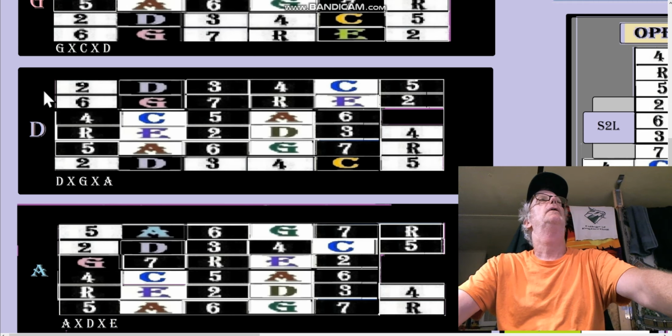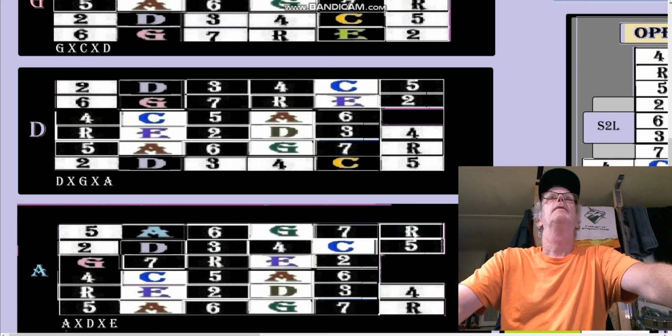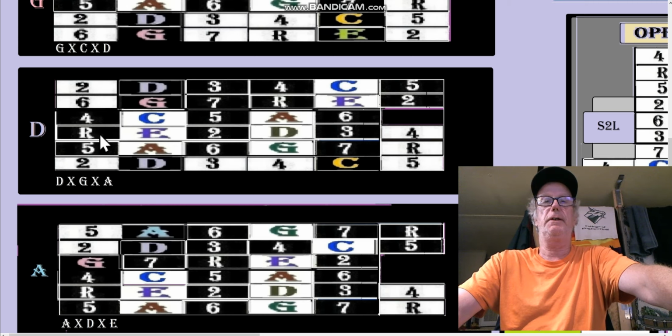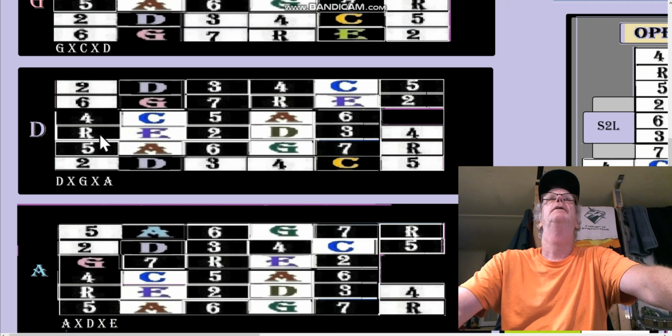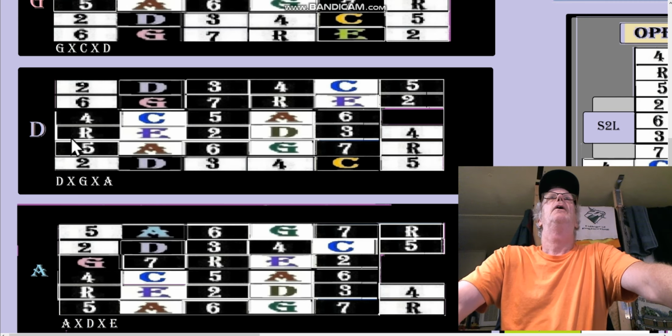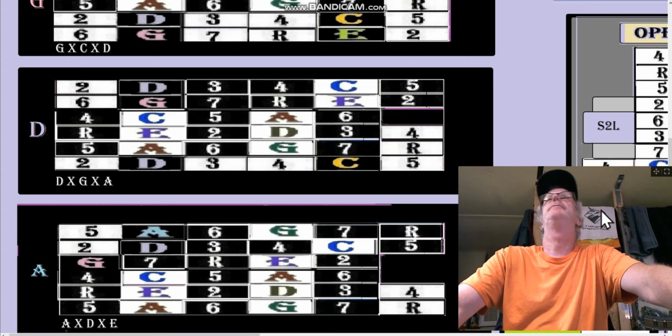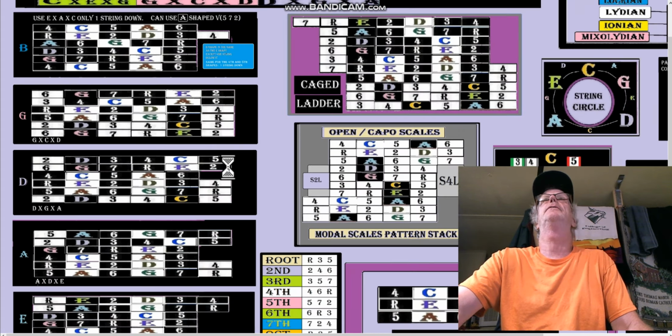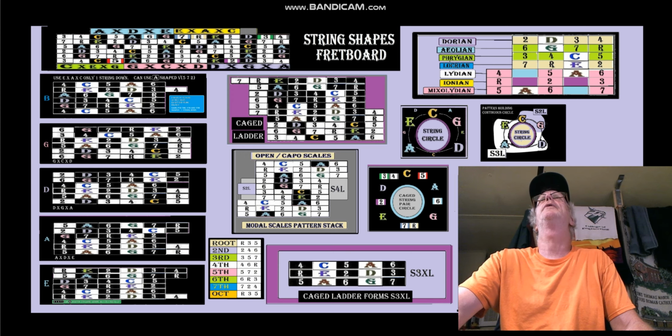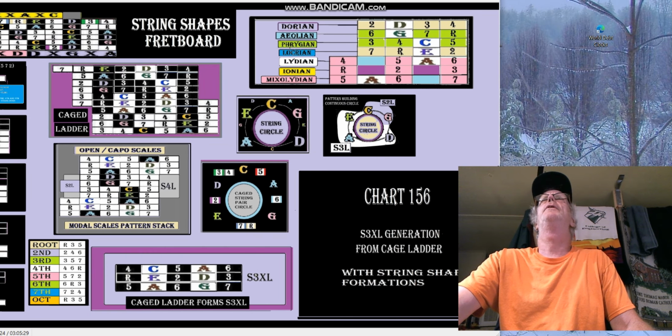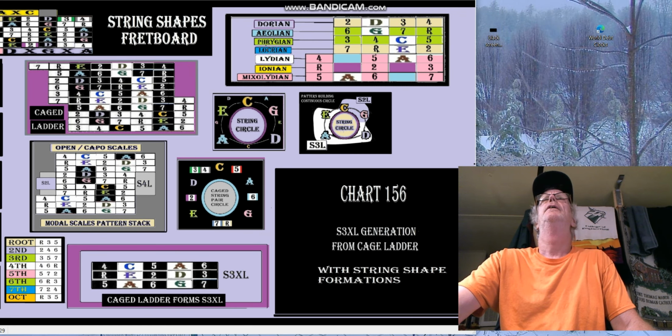Okay, here we are. Hopefully the pause and the play aren't mixed up, because then you'll see me scratching my head and, you know, instead of teaching. All right, so in this particular, and this is, I'll just zoom out quickly here. This is chart 156, S3